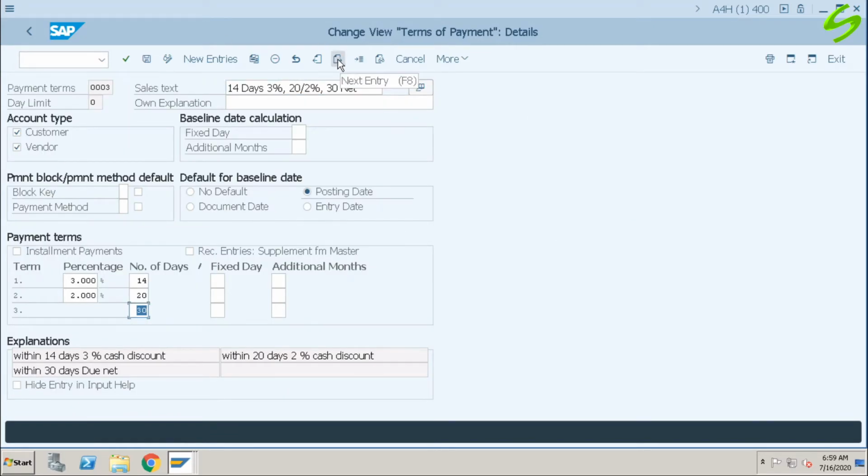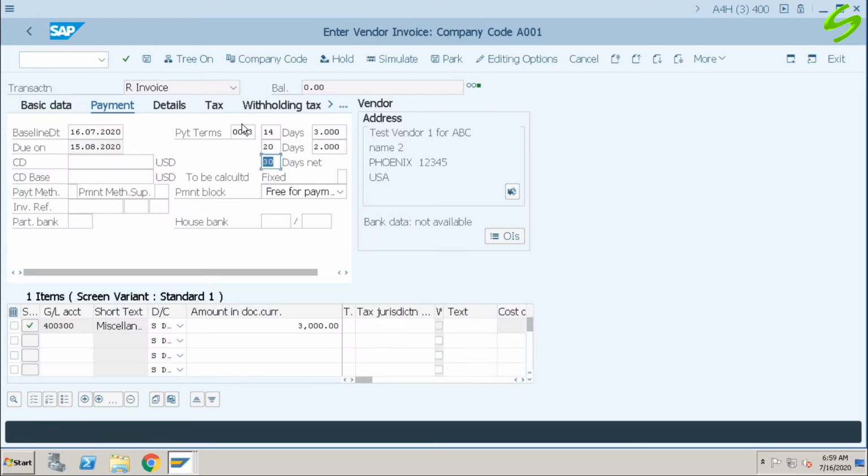Let's go to the next payment term. Number 4, as of end of month. For this, the baseline date setting is fixed day 31. That is end of the month. And default for baseline date is same as the previous one, posting date. Let us change it here.